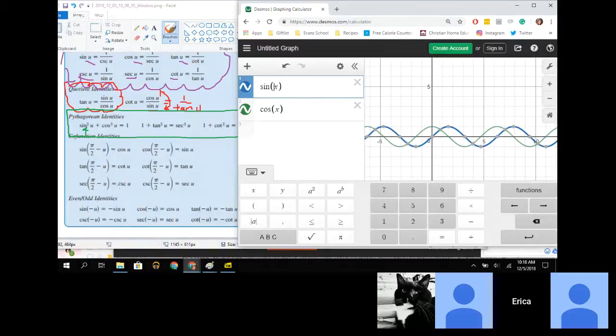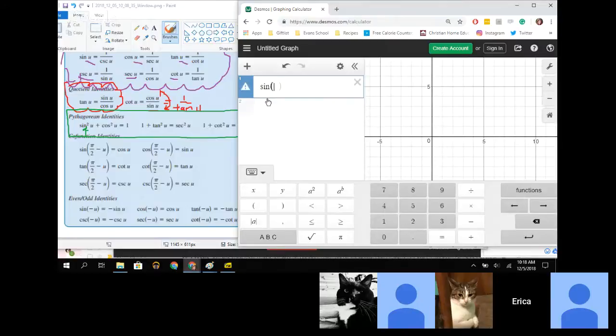Okay. And then our last thing is kind of an interesting little one, the even and odd identities. What this is talking about is if you have a negative that you're taking a trig function of, you're taking the sine of a negative pi over 2. So what this is saying is that if you take the sine of negative pi,